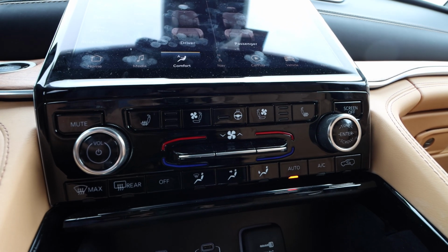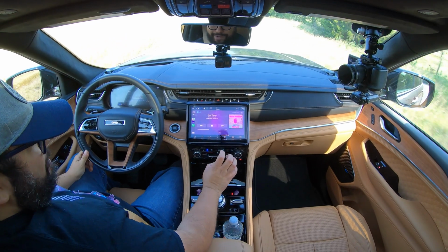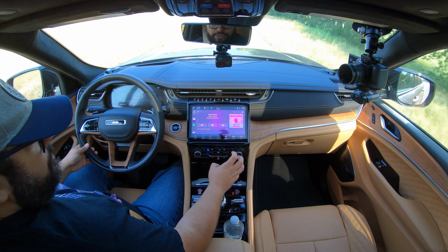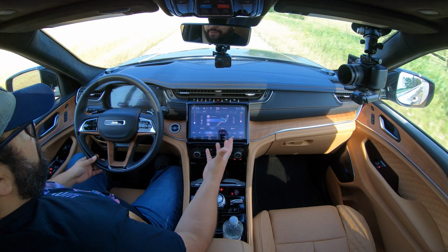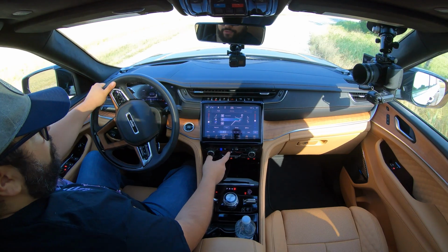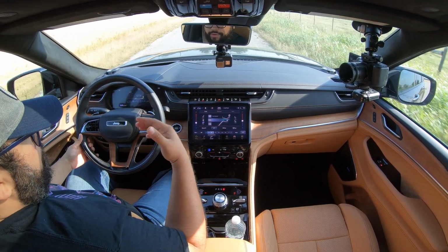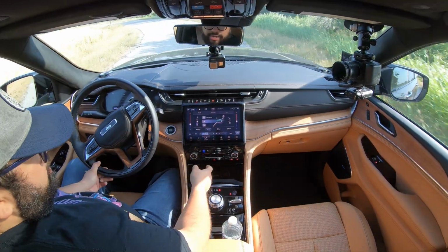Then we come down a little bit lower and we have our AC controls. This is a little more on the packed side of things. So it feels like a lot of buttons in a very small area. So I did need to resort to basically the comfort to give me more area and work with things. Because again, I felt like this was very, very crammed down here. We probably could have done with a mode button for the AC, whether you're doing top, feet, or defrost, that kind of thing. That probably could have been